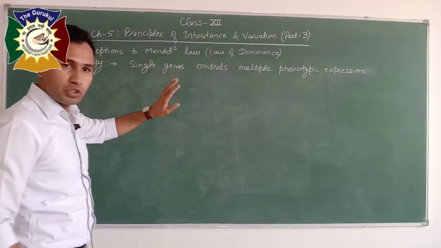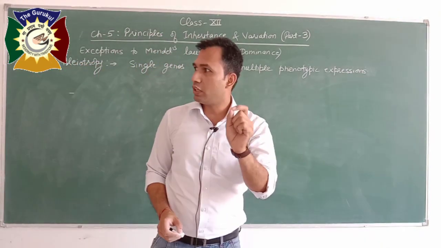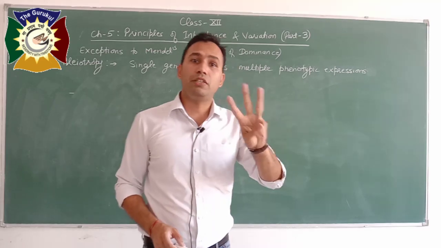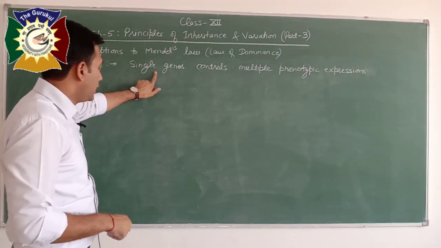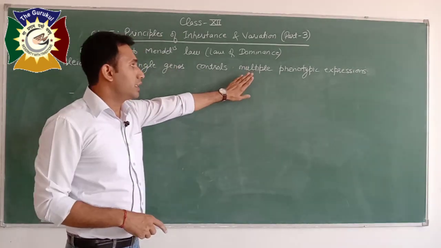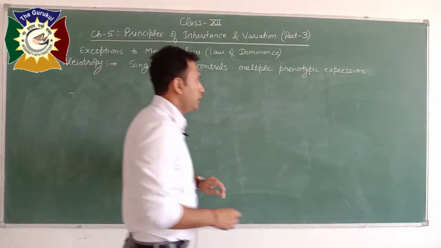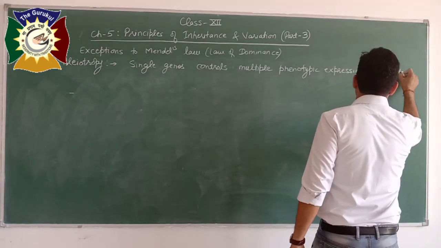This is just opposite to polygenic inheritance. उसमें क्या था, एक सिंगल कैरेक्टर मतलब कलर ऑफ द स्किन इज गवर्न्ड बाई 3 डिफरेंट टाइप ऑफ जीन्स. यहाँ पे उसका उल्टा है, दैट एक सिंगल जीन है वो कई सारे फिनोटिपिक एक्सप्रेशन या फिर कई सारे कैरेक्टर्स को कंट्रोल करेगा. फिनोटिपिक एक्सप्रेशंस और कैरेक्टर्स.